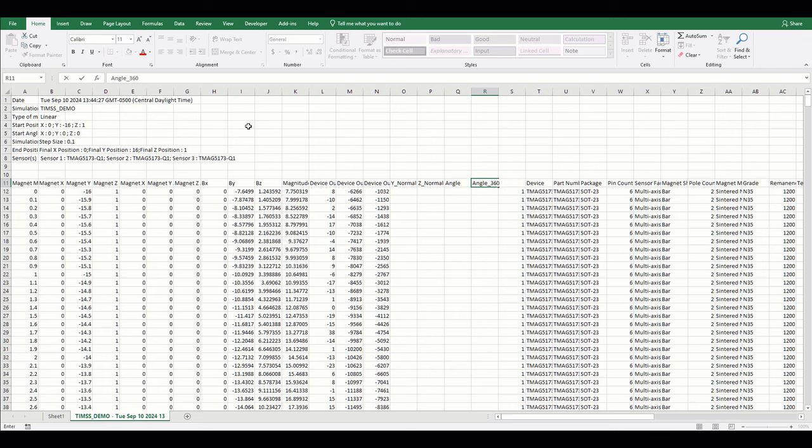To calculate these values, we will need to know the maximum Y and Z outputs and the minimum Y and Z outputs, and we will use these to calculate the amplitude and offset. Since we expect each sensor from our simulation to be exposed to the same magnetic field, we will just perform these calculations using the entire column of data for all 3 sensors. Amplitude is approximated by subtracting the minimum output from the maximum and then dividing by 2. Offset is calculated by averaging the maximum and minimum values.